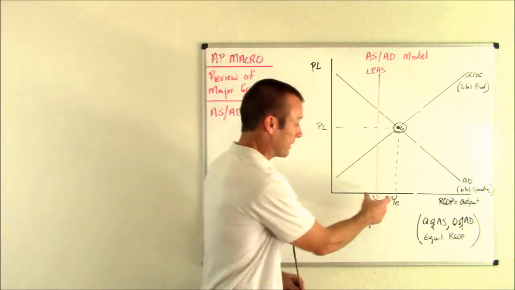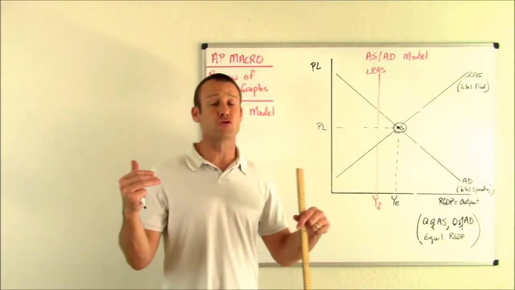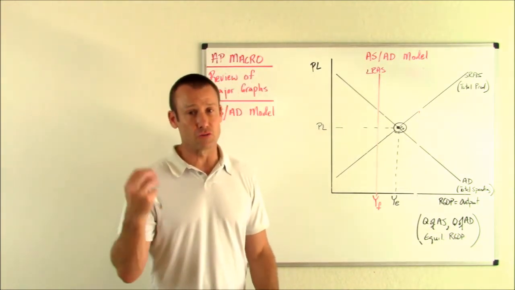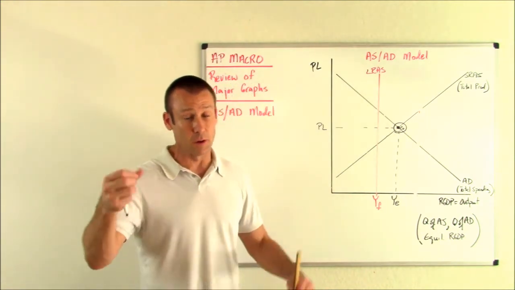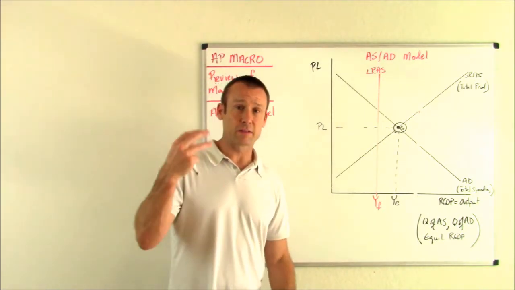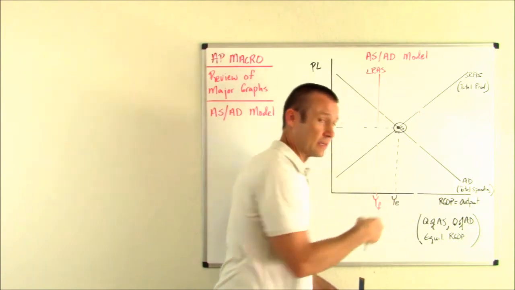What would we do if we're in an inflationary gap, right? Really, this is boom times. We would try to contract the economy, right? So what would we do? We do contractionary fiscal policy, contractionary monetary policy. From a monetary policy standpoint, decrease the money supply, try to get the interest rates to go up to decrease spending, right? Fiscal policy, we'd raise taxes, lower government spending, lower transfer payments to, again, shift AD to the left